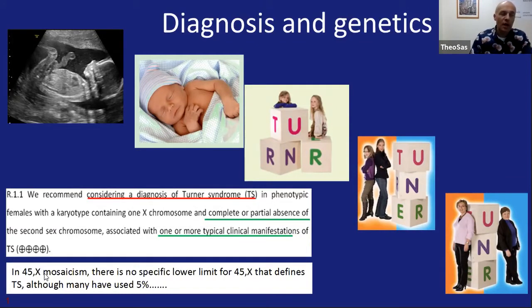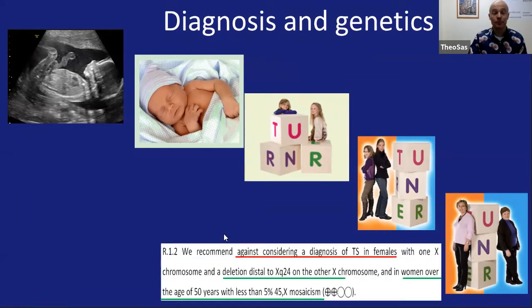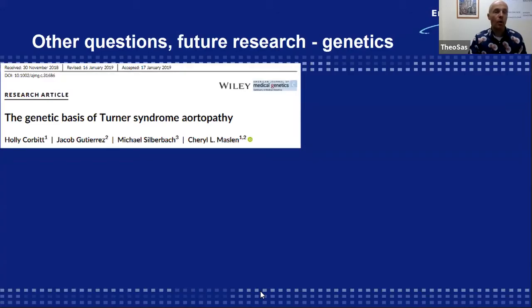If you have a very low-grade mosaicism, then it's not so easy. And we decided with the guideline that we did not have a specific lower limit. But you can imagine that in some girls who do not have any problems, you do not do all the things that you would do for screening of health problems as you would in a 45X individual. And there are some cases in which an X chromosome is involved, but we say, no, this is not Turner syndrome. That's particularly because older, healthy women lose an X chromosome when they are becoming older.